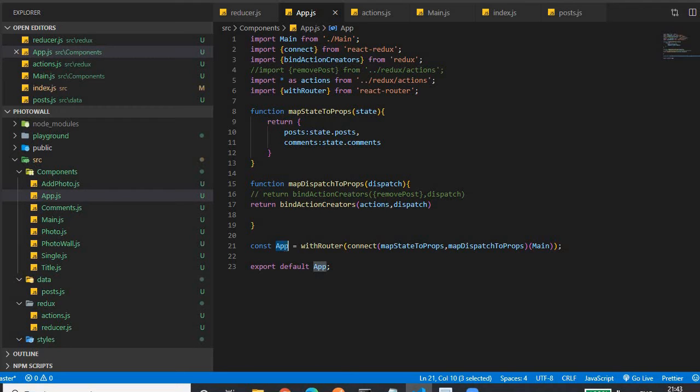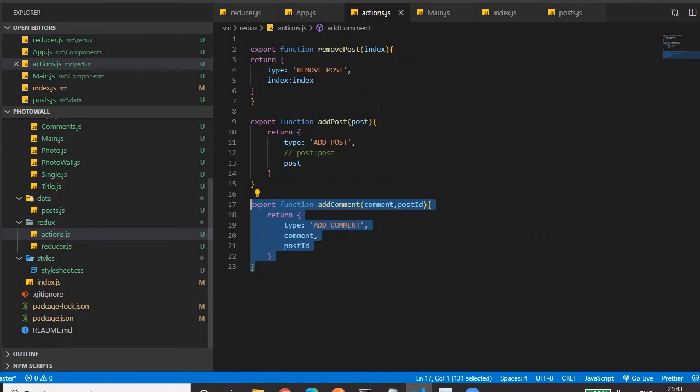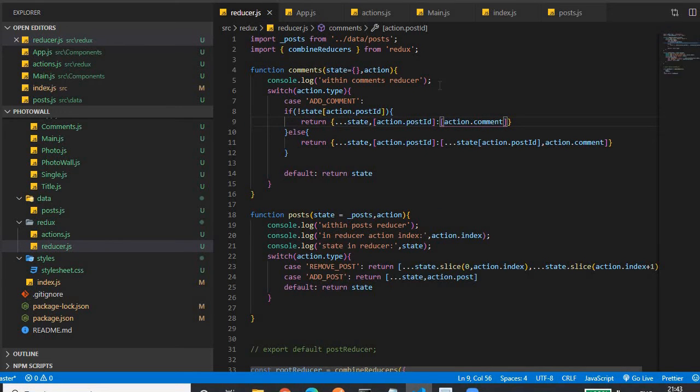So this is a main component connected to the store. So we can access the props in the main component by using this. So we have to export that so that it will be used. And this is the main component that is connected to the store. Okay. And I have told you, like we have action, the component needs to emit this action so that the reducer will catch it, and the reducer will evaluate this action and change the state based on the action type.